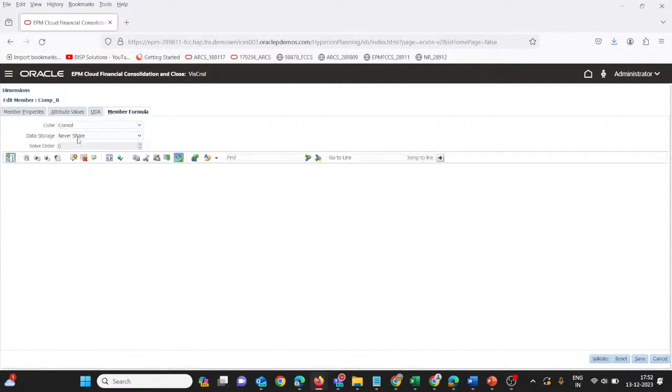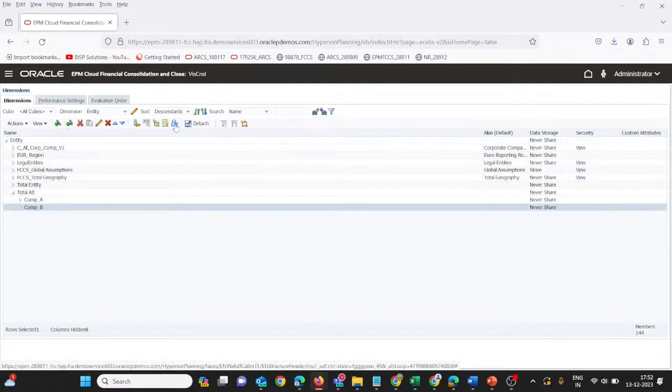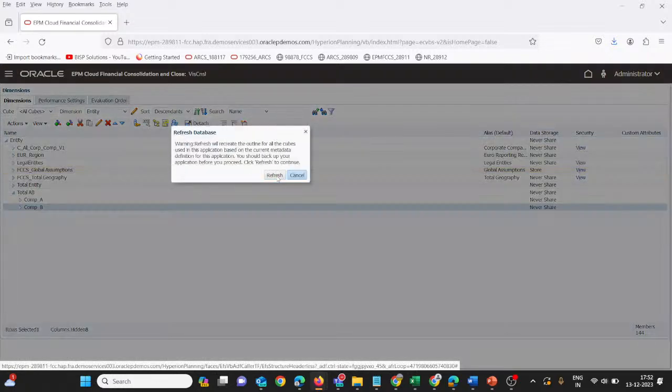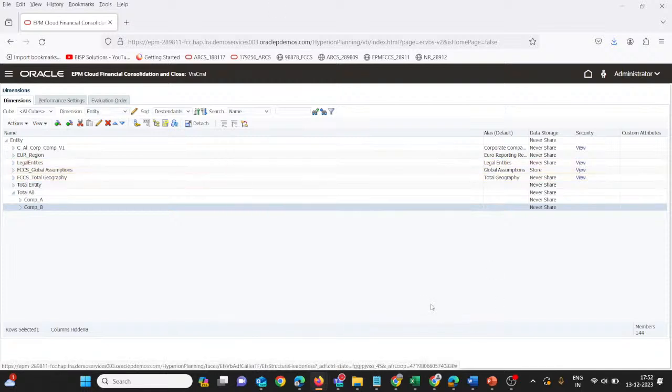Let's check the member formula. It is never share. It's perfectly okay. Just save this one and do the refresh once again, because only after refresh will the system recognize any metadata changes. So it has been finished. Now let's check that in our